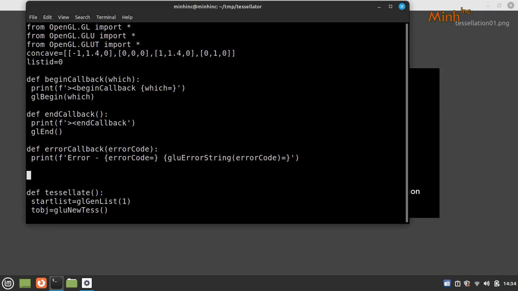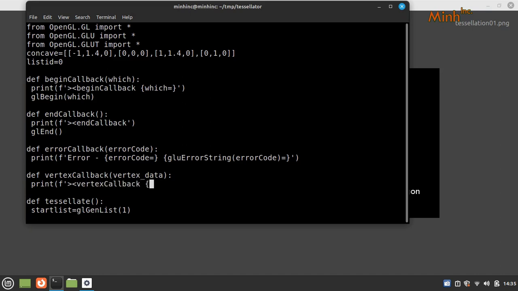Def vertex callback. Now for vertex callback, we get vertex. I would say vertex data because it can be very big. So I'll have one debuggable message, vertex callback, and what is vertex data? Okay, and we'll say GL color. I'm not saying 3F or 4F. I think it should be okay. Vertex